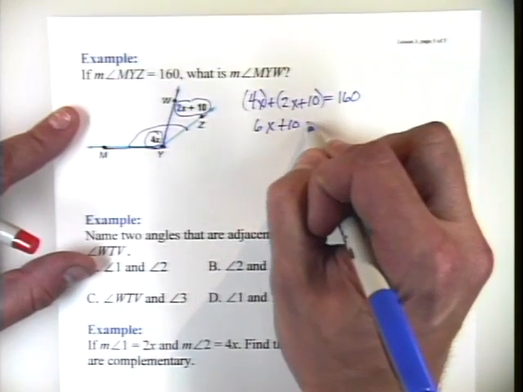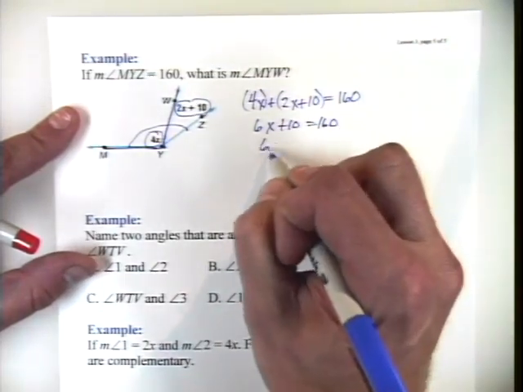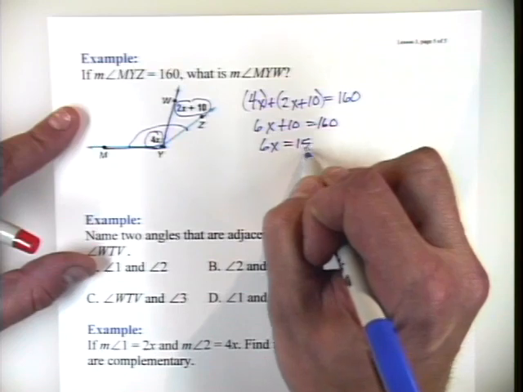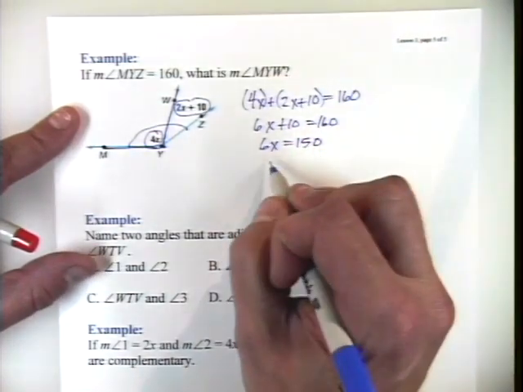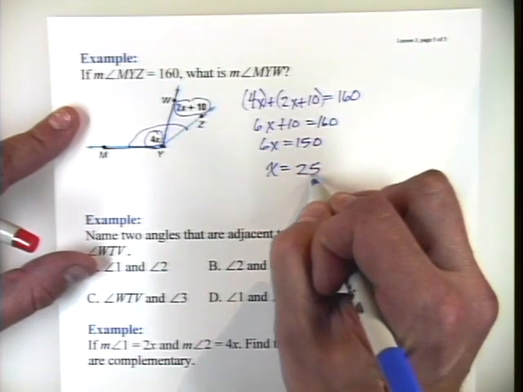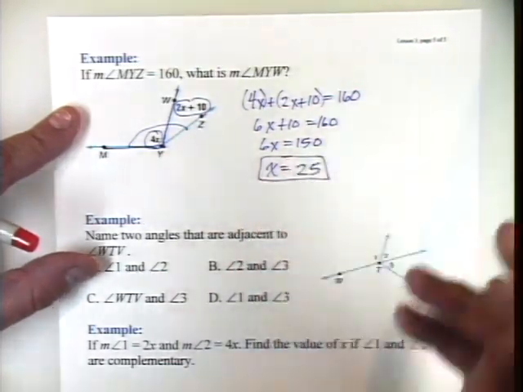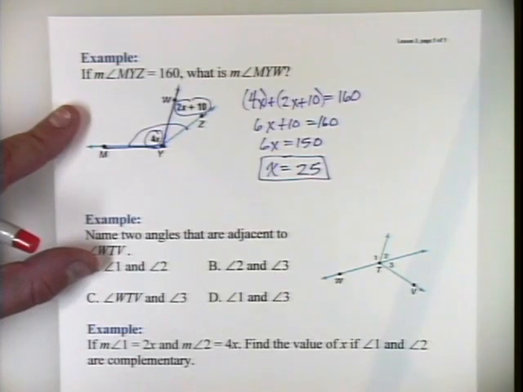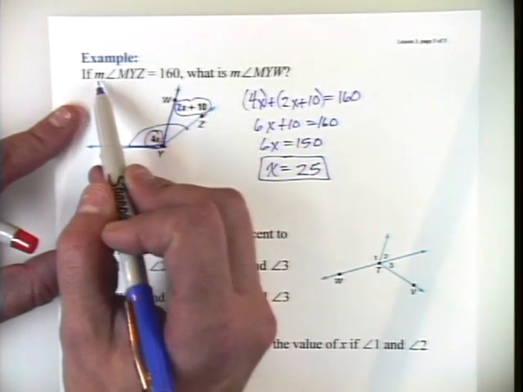6x plus 10 equals 160. 6x then has to equal 150. And dividing both sides by 6, I get x equals 150 divided by 6, which is 25. Now again, we might feel a sense of accomplishment finding x, but have we really answered the question? No. What is the measure of